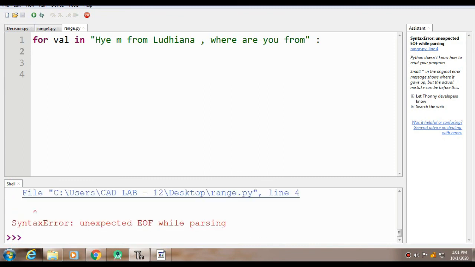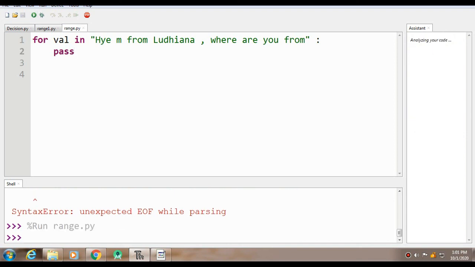So in this case, for the time being, you can simply use the pass statement. If you leave the for statement as such, it will not give you any error. So you can see it is not giving me any error now, it's working fine. So this is the third control statement that you can use.